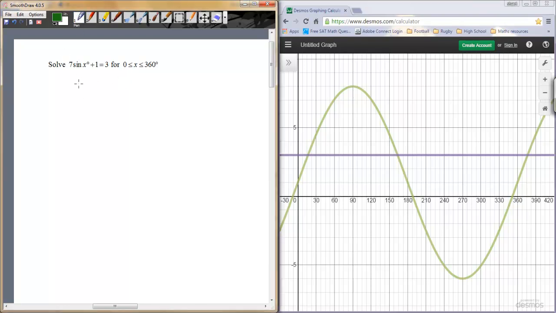So the first step in solving this would be to subtract 1 from both sides of the equation. We'll get 7 sine x is equal to 2, and then dividing both sides by 7 gives us sine x is equal to 2/7. Now we need to remove the sine, and the way to do that is to take the inverse of sine. So inverse sine on both sides leaves us x on the left, and inverse sine, that's sine to the minus 1, of 2/7, which if you reach for your calculator you'll see gives you